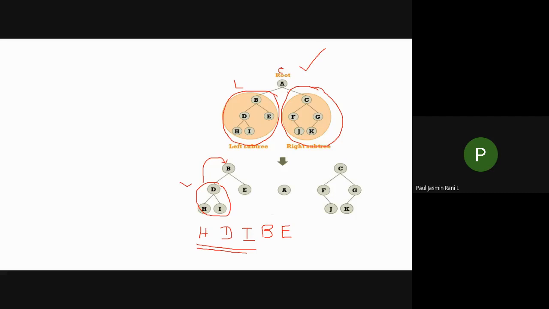Again, you have to consider this as your new tree. Okay, now I have a new tree like this. Again, you mark this one as your parent node. Then you have to categorize your left subtree. This is your left subtree and this is your right subtree of your C node. Okay, so this is your right subtree. After doing that, again you have to take your left subtree. Again you have to categorize. Okay, so let's see what happens.